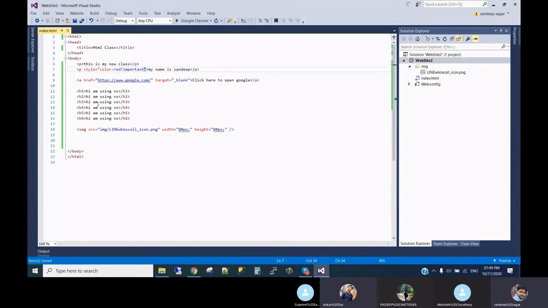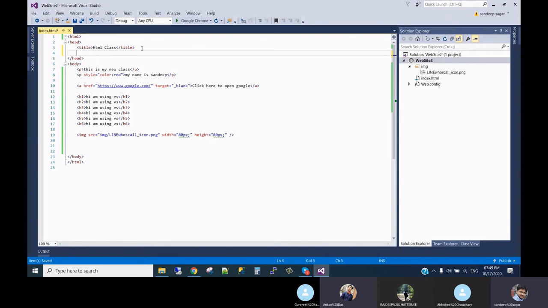If inline I make it important, it will be red only. If it was normal and below or above I made some class color black important, the important will be rendered only, and it will forget everything else. The important tag works so that whatever is in CSS doesn't matter, it will strictly follow the important.